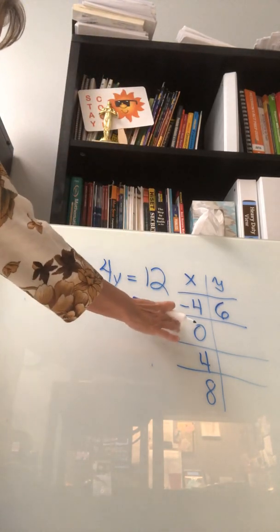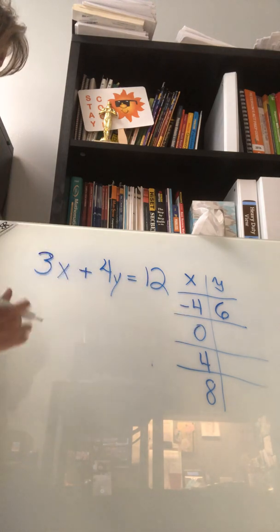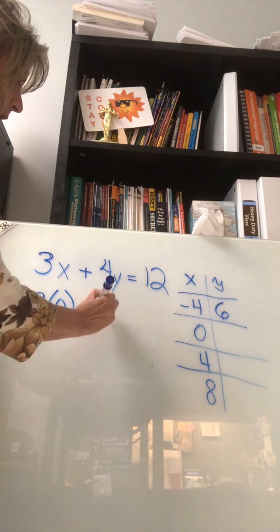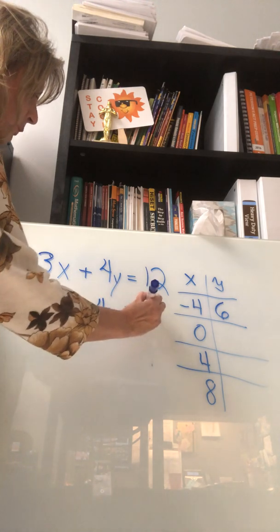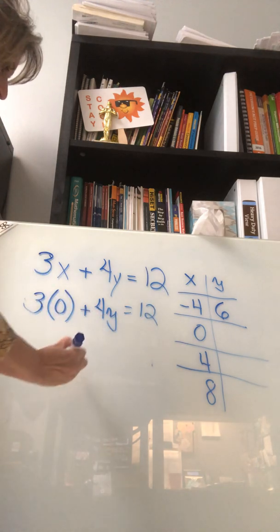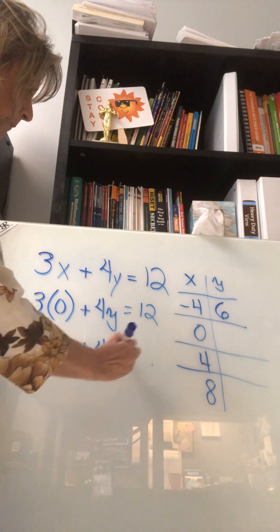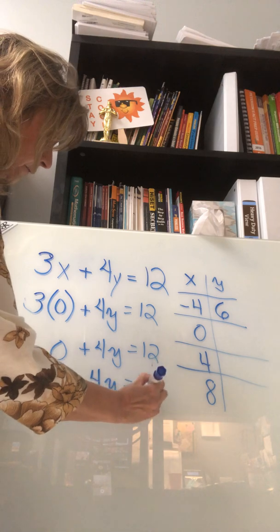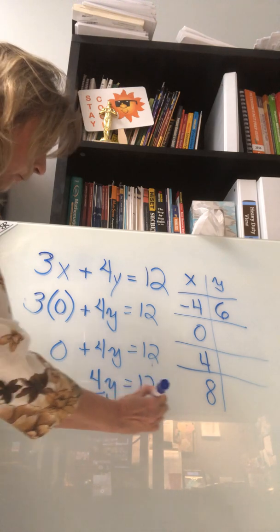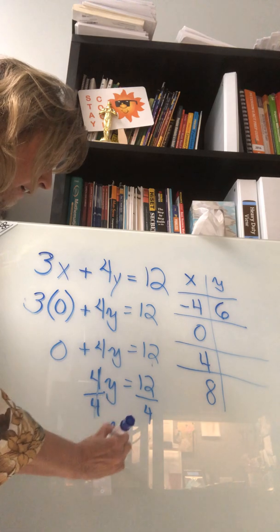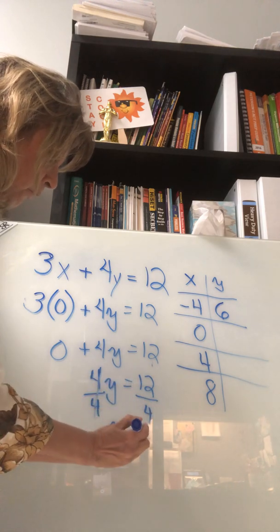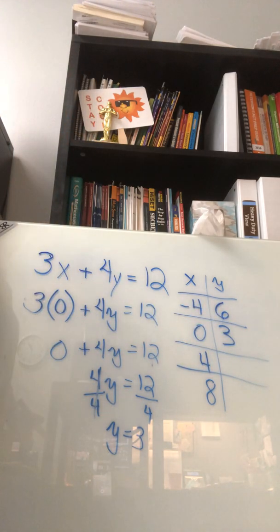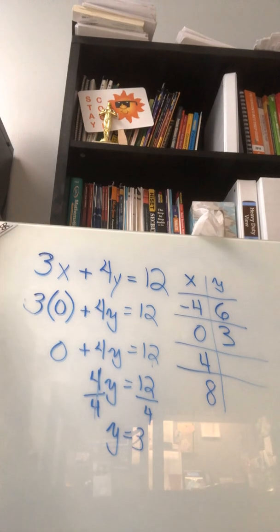Okay, so the next time we're going to substitute 0 for our x value. 3 times 0 plus 4y equal 12. 3 times 0 is 0 plus 4y equal 12. 4y equals 12. Divide each side by 4. And y is going to equal 12 divided by 4, or 3. So our next point will be 0, 3 on our coordinate grid. All right,